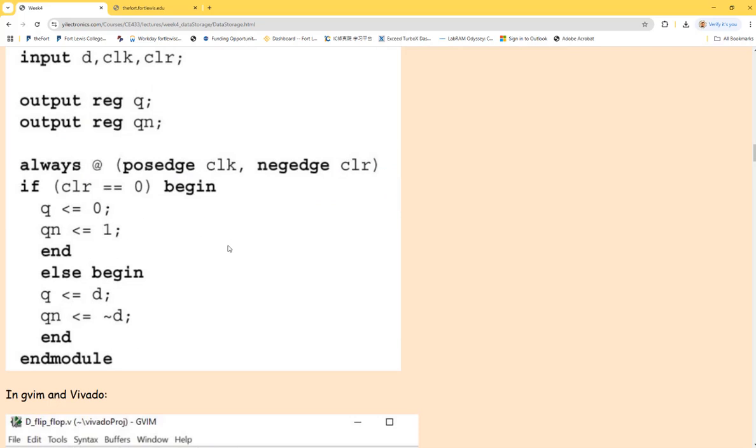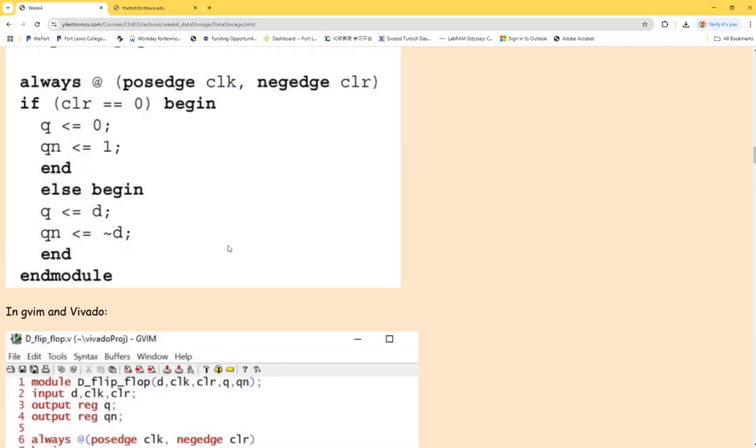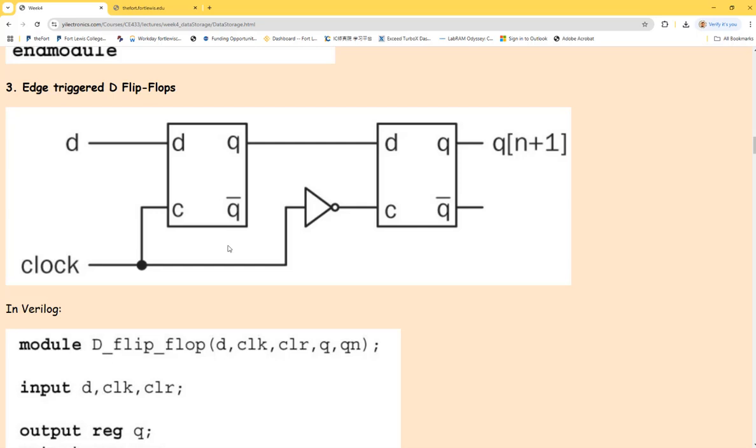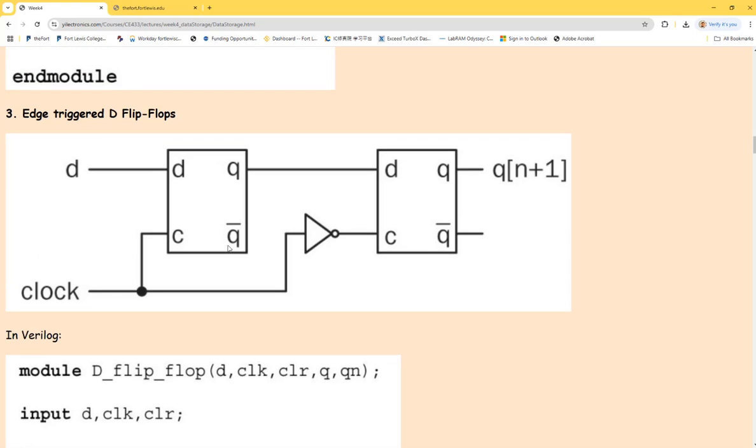I probably want to run a simulation. I don't have an LTSpice simulation here for you guys, but if you are in the ISI class, probably 2 weeks from now, we are going to run some simulation for D flip-flops. But for this one,